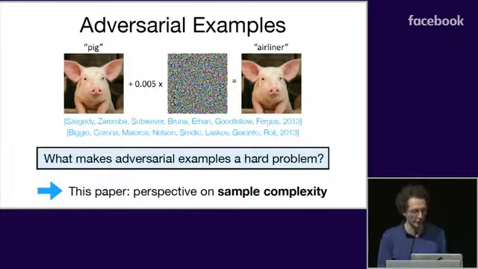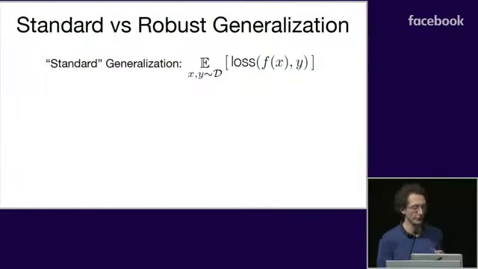Okay, so before I go into our result, let's first briefly recap what we want to contrast in this work. Here, this is the standard definition of the population risk. I think everyone has seen this before. This is how we normally evaluate the quality of a classifier in machine learning. Basically, we take the average over data points from our distribution and then compute the loss of our classifier F on the data points from the distribution. This is great, it gives you a good average case guarantee, but it's important to realize that this definition is entirely compatible with your classifier being very vulnerable to adversarial examples.